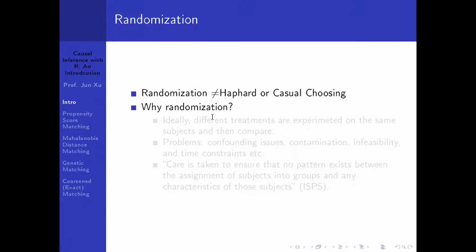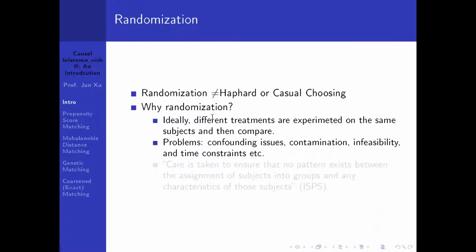So why randomization? Well, ideally, different treatments are experimented on the same subjects and then compared. But why people don't do that is because there are a lot of problems related to confounding issues, contamination. So for example, I do one experiment on individual A, and after a while, if I switch to another treatment, obviously there could be some residual effect from the first treatment, right? Kind of permeated into the second treatment. You never know. You don't know when is the real